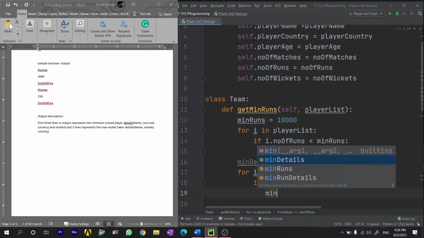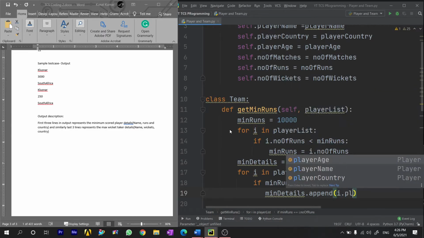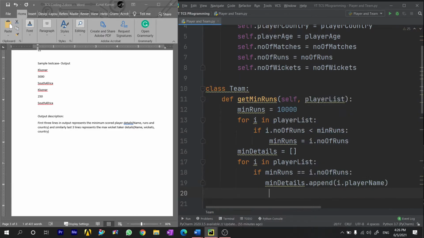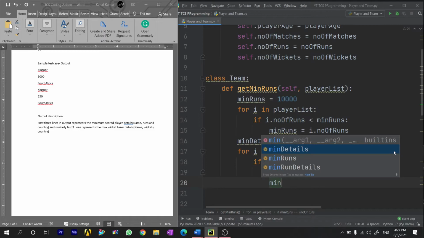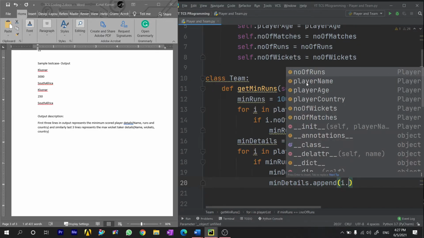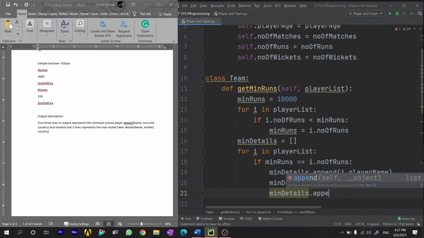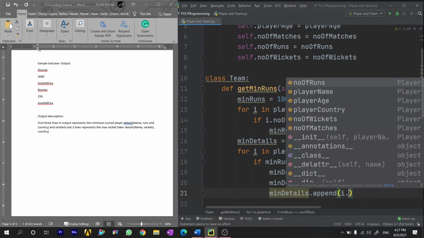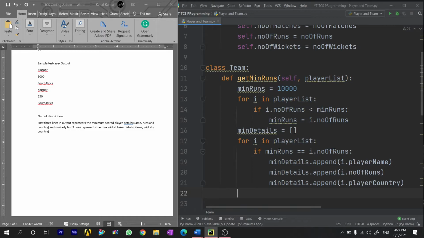So min details dot append i dot player name, min details dot append, we got the player name, now number of runs, so i dot number of runs, again min details dot append i dot player country, and after this we have got the details of the player in min details.